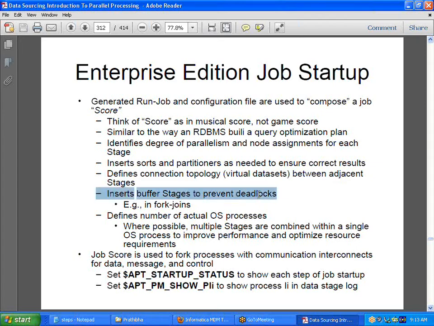So how are we going to prevent that? Insert buffers. That's where the buffer concept comes in. If we insert buffers, it inserts stages within DataStage, which you can see in the score. That's a different story, though. But to avoid these deadlock issues, make sure that you insert a buffer, which means define the buffer size,